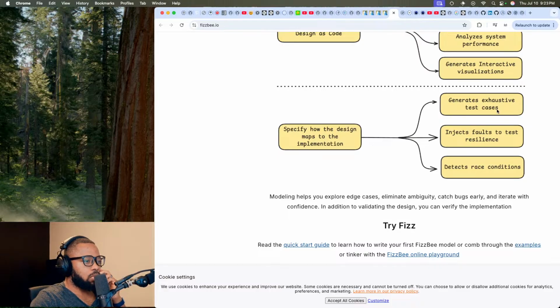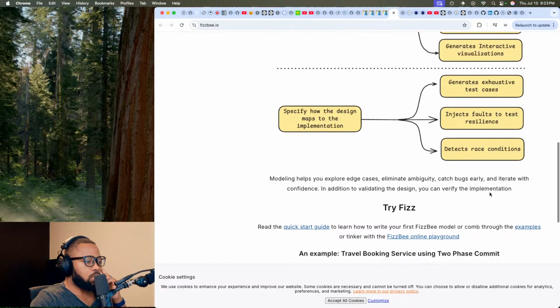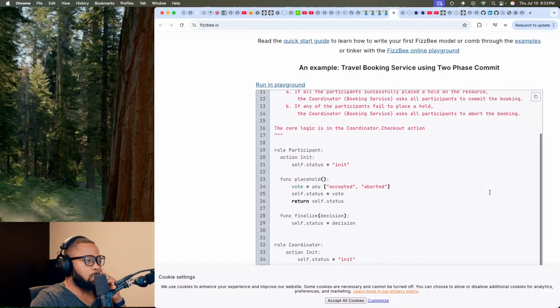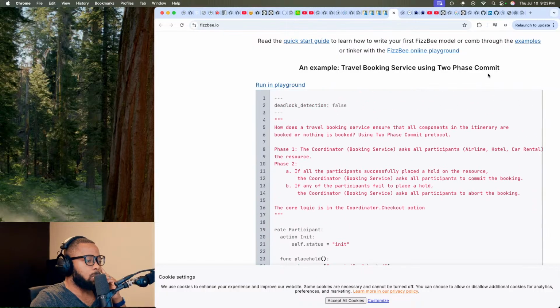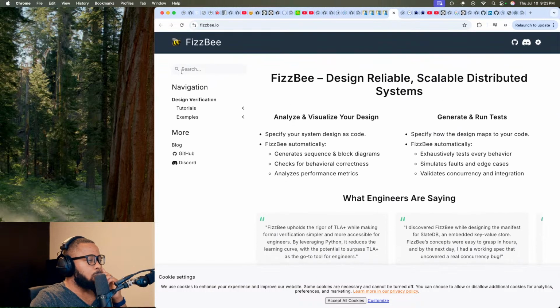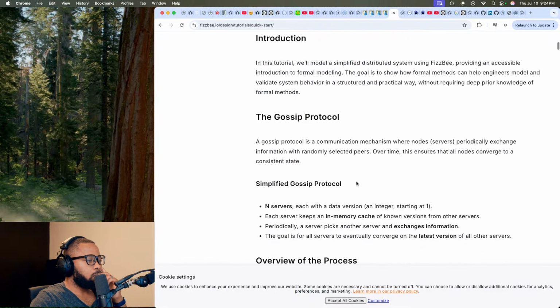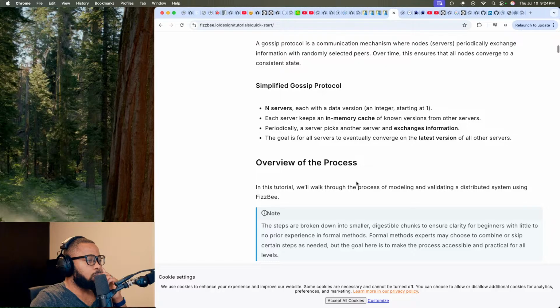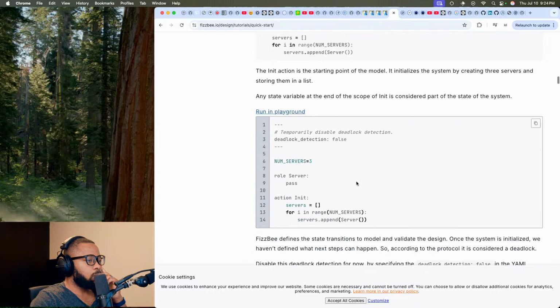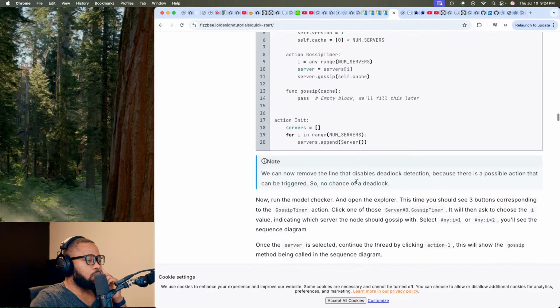Can exhaustive test cases, injects faults, detects with conditions. Our tutorial. Should we do this now?